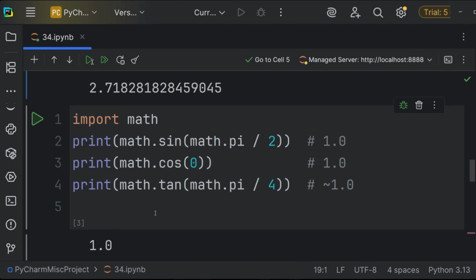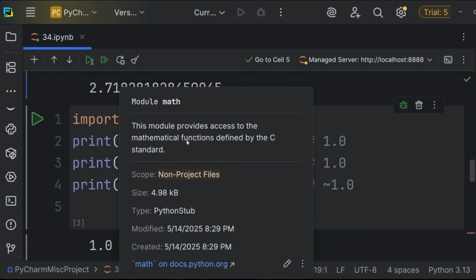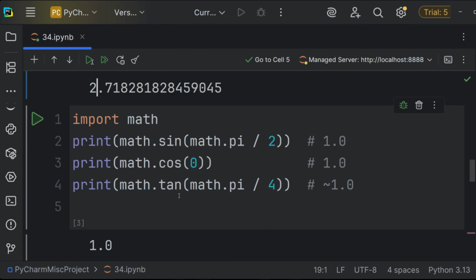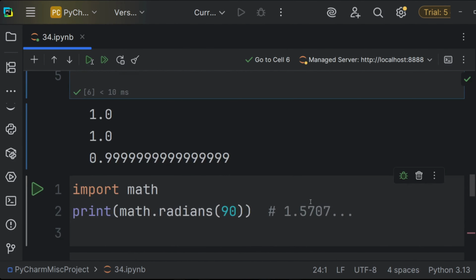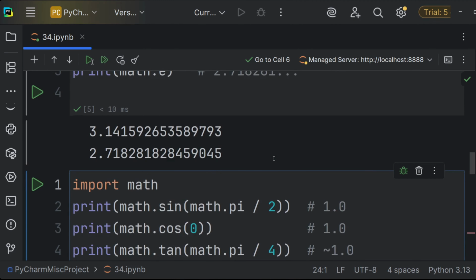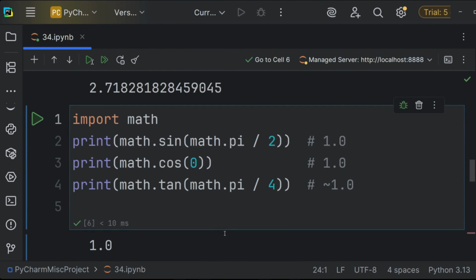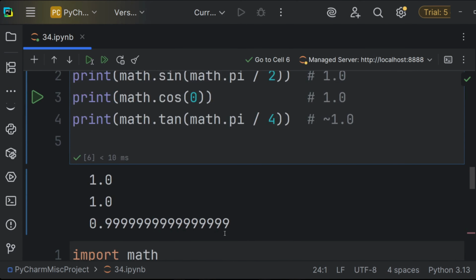For any geometry, physics, or animation work, these trigonometry functions are there for you to use. The first ones are the basic ones: sine, cos, and tan. For example, over here, we want to see the sine of pi divided by 2. When you run it, it says 1. And we want to find the cos of 0. When you run it, it also says 1. And we want to find the tan of pi divided by 4. When we run it, as you can see, it prints 0.999, which is rounded off to 1 in our comments. But remember, the math function always shows you the exact value.